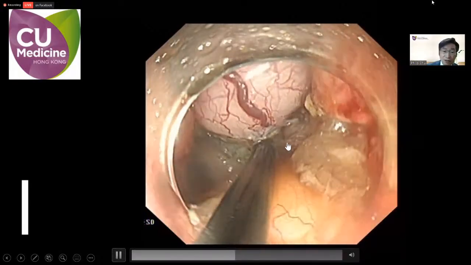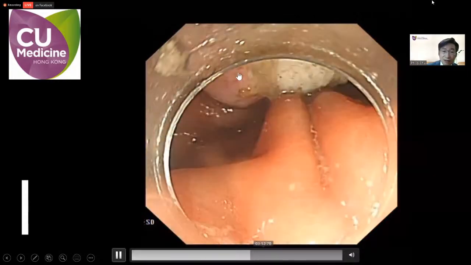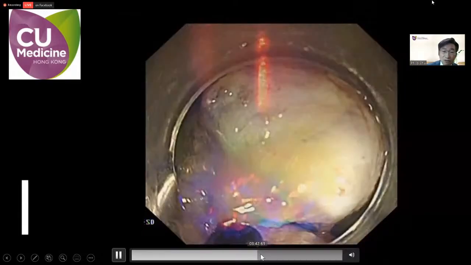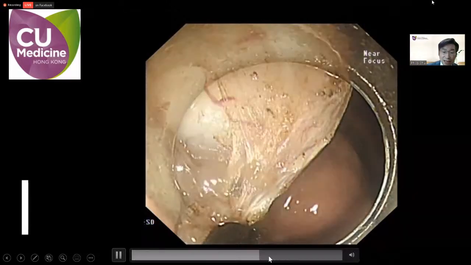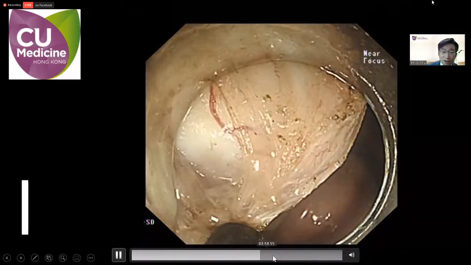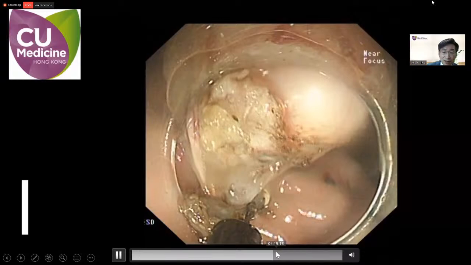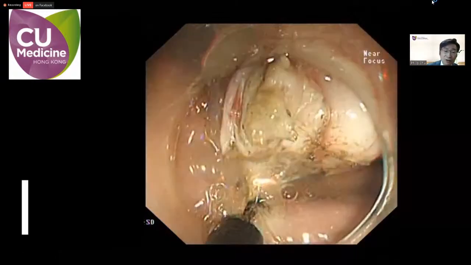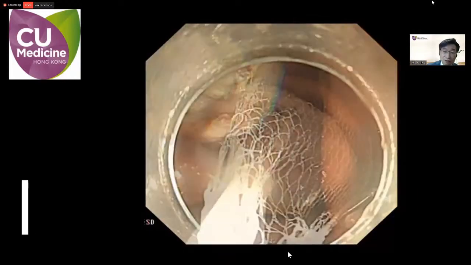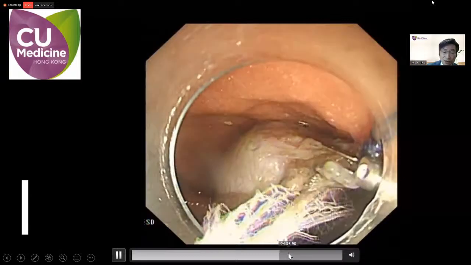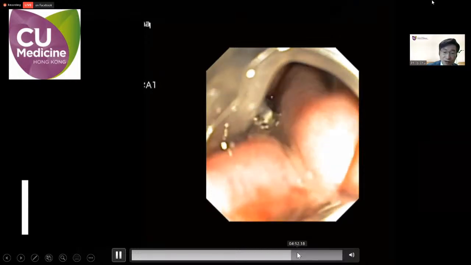And afterwards, I would complete the dissection by using the IT knife. Most of the component is then retrieved inside the gastric lumen, so I can complete the dissection from the inside of the lumen. So this is the final part of the dissection. With the use of the IT2 knife, I can complete the resection. And then afterwards, I always take out the tumor first, avoiding it dropping into the peritoneal cavity. After taking out, I use the Apollo overstitch, which is an endoscopic suturing device for me to